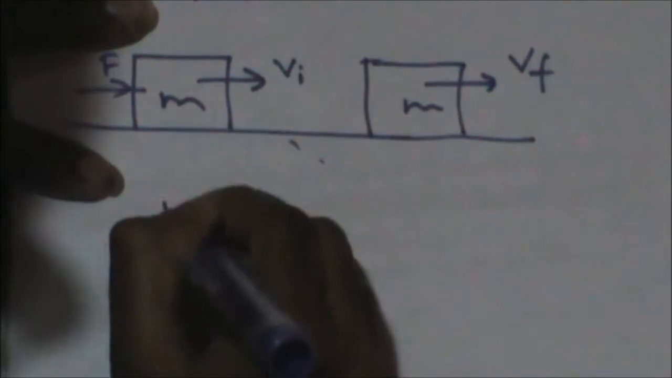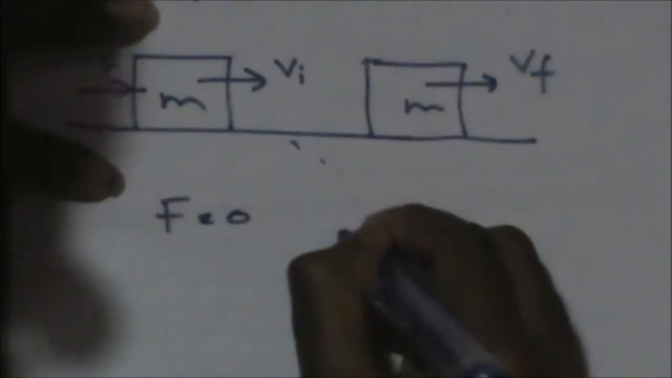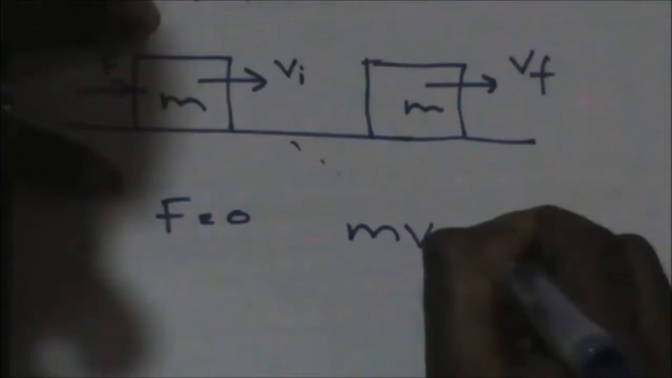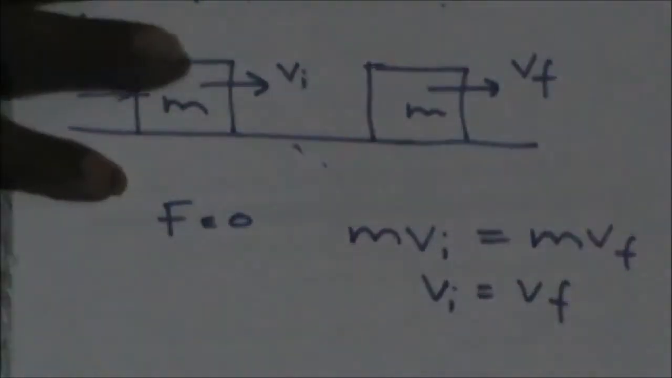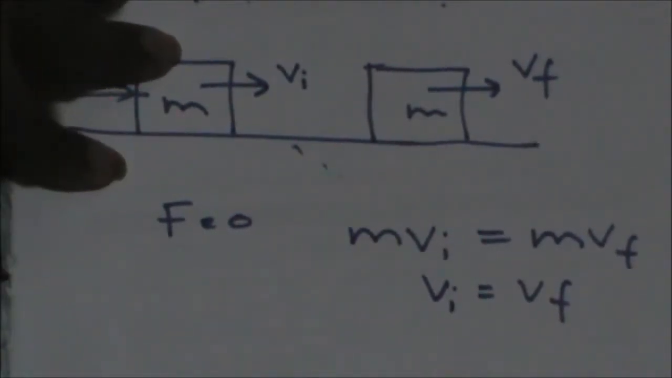This is also mechanics, in the course of linear motion. Now take an object like this, of mass M and initial velocity vi, and then the same mass M with final velocity vf. If the force acting on the object is 0, then vi equals vf. So the object is moving with constant velocity. Similarly,